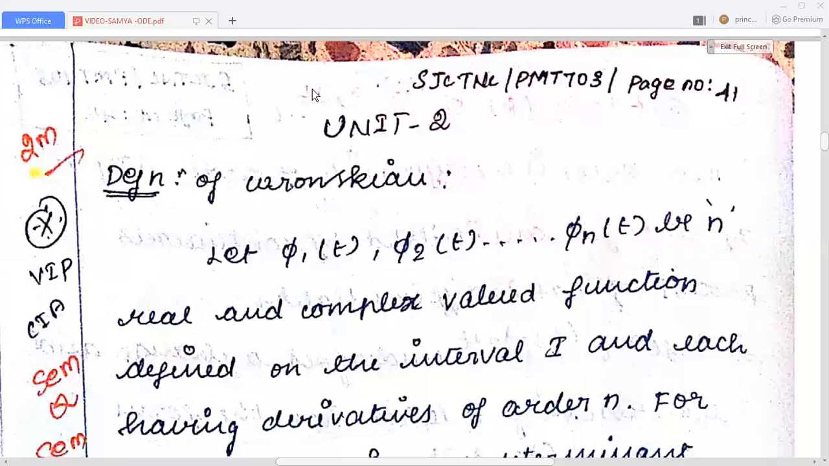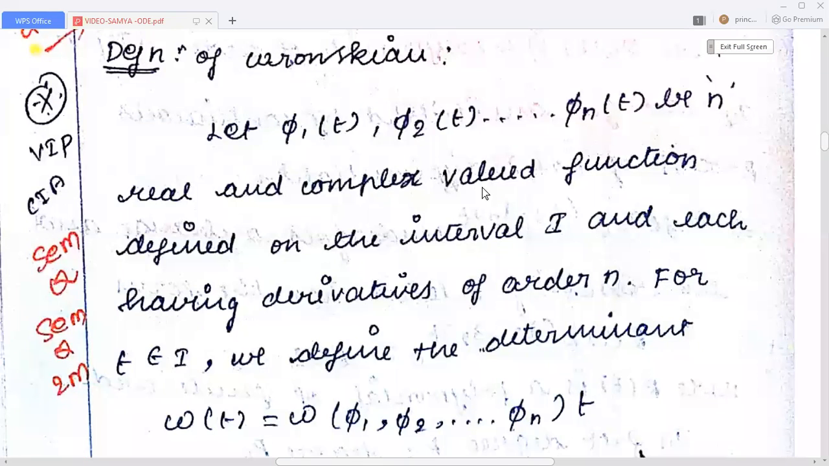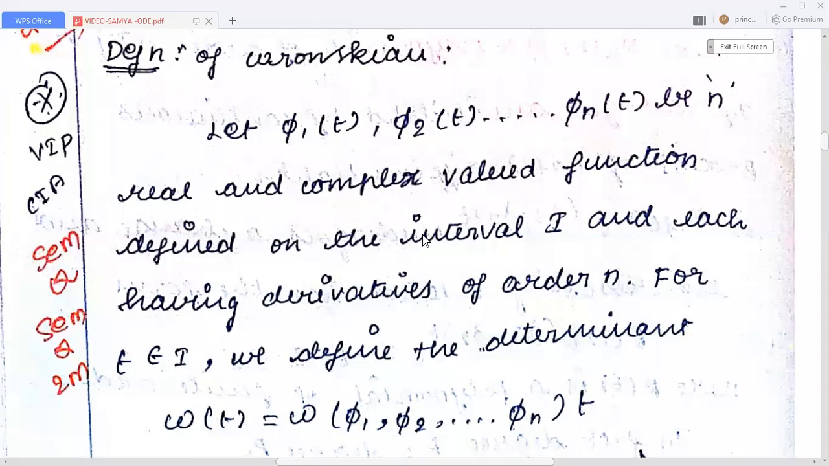Unit 2. Now we are going to see the definition of Lagrangian. Let φ1(t), φ2(t), etc., φn(t) be real or complex valued functions defined on the interval I and each having derivatives of order n. For t belongs to I, we define the determinant